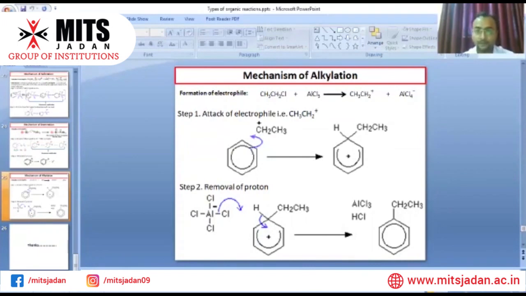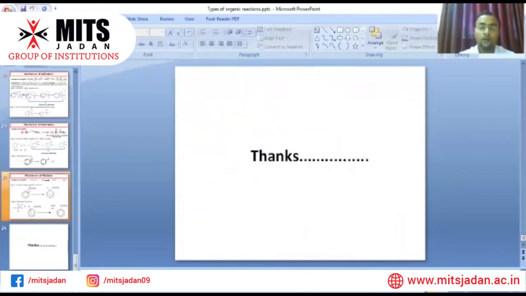to get the desired product. Thank you all for your kind attention, and this presentation is very useful because it is the 5th unit of our engineering chemistry, organic reaction mechanisms. To start this unit, we should know how many types of reactions there are, what free radical reactions are, and what the aromatic electrophilic substitution reaction is and how its mechanism proceeds. So that is a very important presentation.